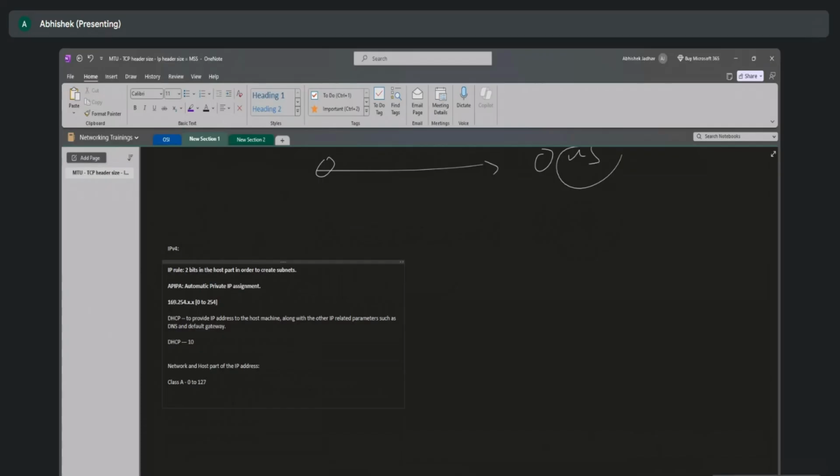Now, when we talk about class A, the class A has one network portion, or network octet, right? And three host octets. How do you write a class A? It will be network dot host dot host dot host,